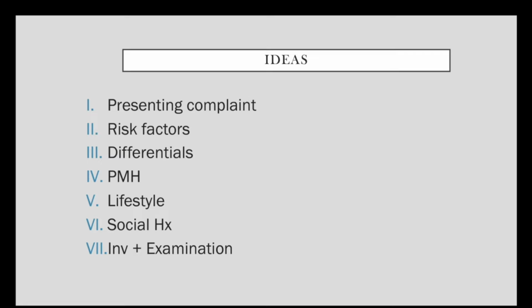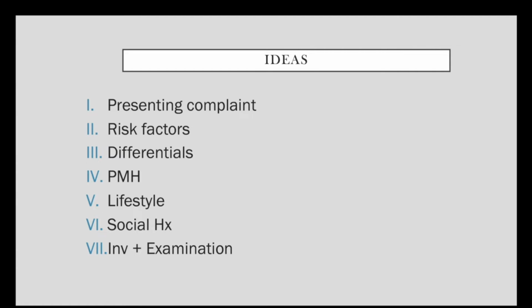You elaborate the presenting complaint. You make sure that you are asking the risk factors related to the presenting complaint. Check your differentials, 2 to 3, or at least 4 if you are able to remember in the examination. In the order of preference, the one which will kill the patient first should be asked first, and then so on. You can categorize, and make sure that you are not forgetting any important differential when you're asking the differential questions. Next comes the past medical history and the lifestyle of the patient.